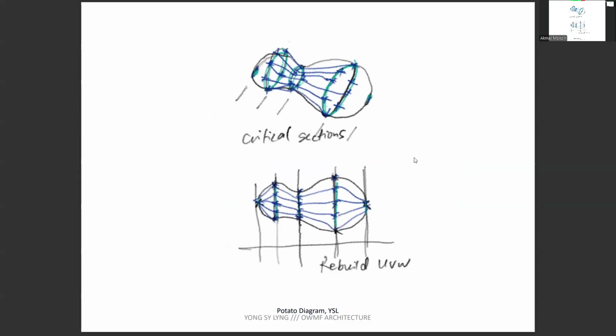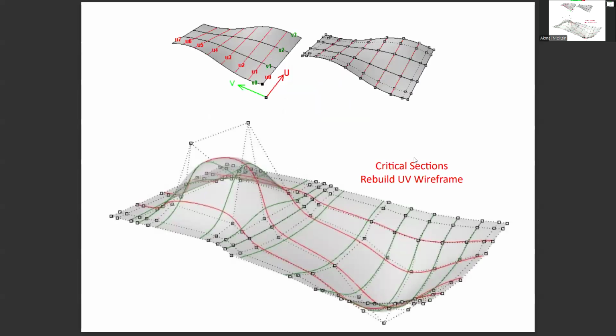And you may also get a few critical sections, right? The largest and then the smallest, and then you can input them into the computer and generate all the in-between sections. Okay, so these are some of the diagrams that show you, whether you have the green one below. You can see that the green sections are not at regular intervals, but with the software you can easily rebuild and get regular sections for the construction of your model. Okay,